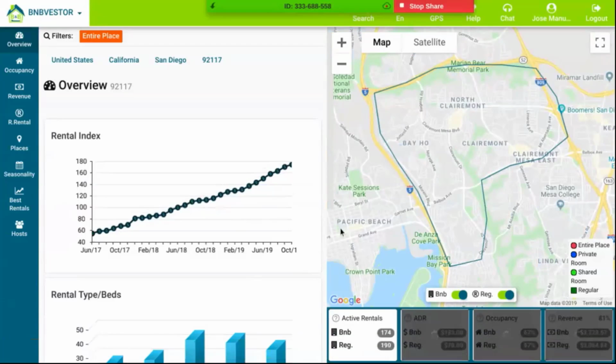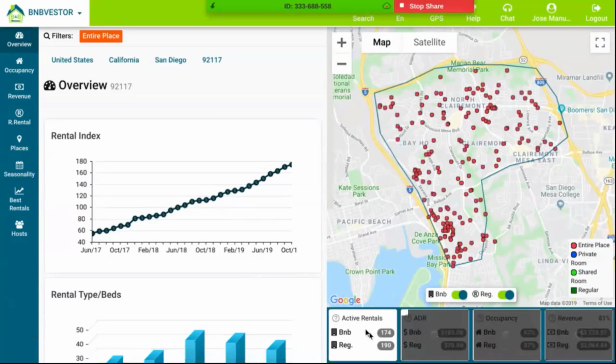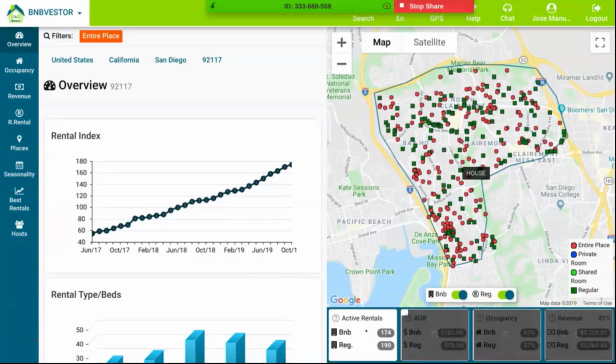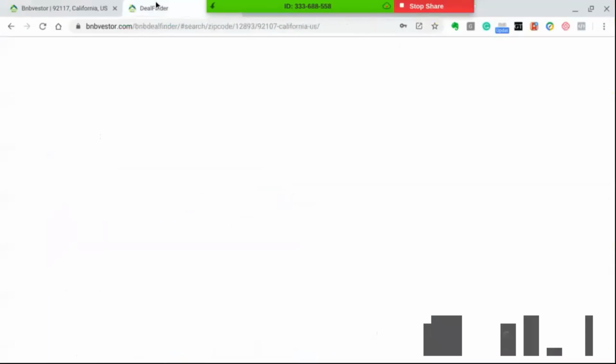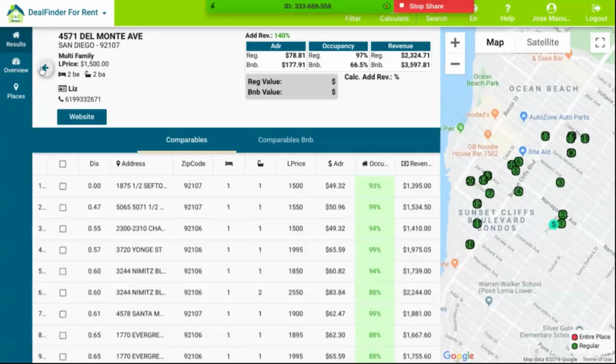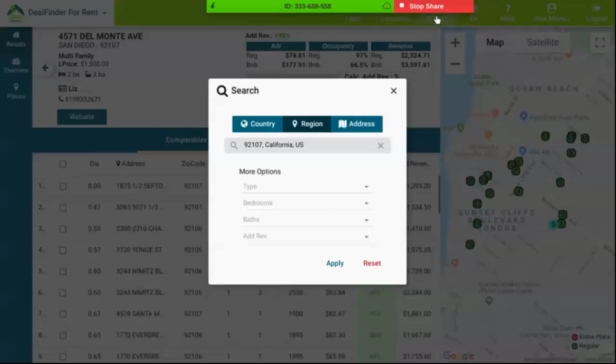Here we have properties in the VMB market, but also we have properties in the regular market. Let's check it out when we see it from the deal finder.